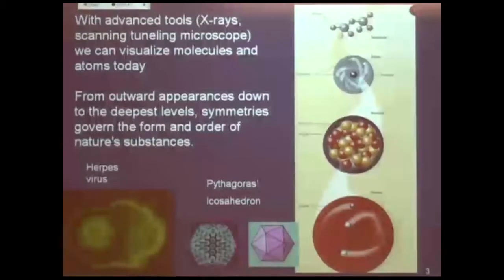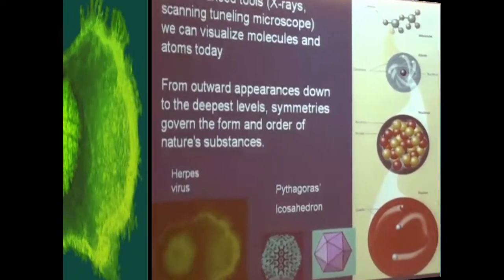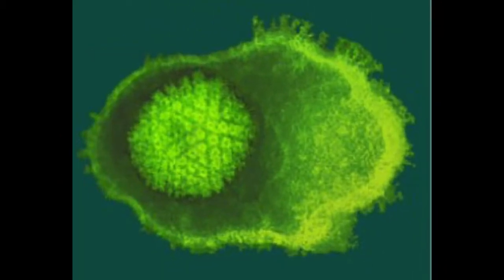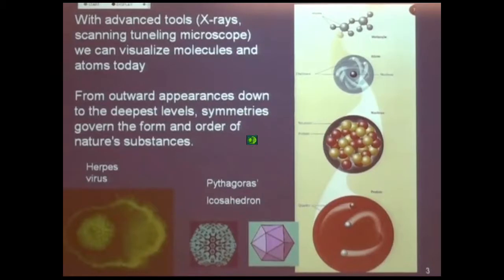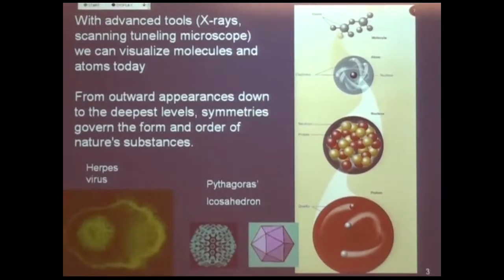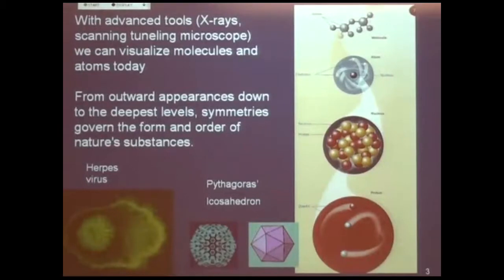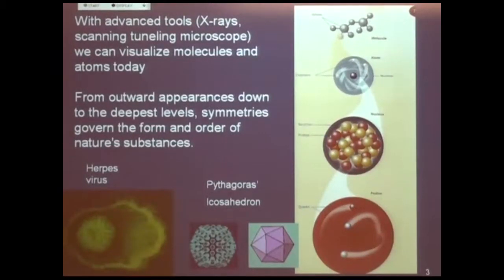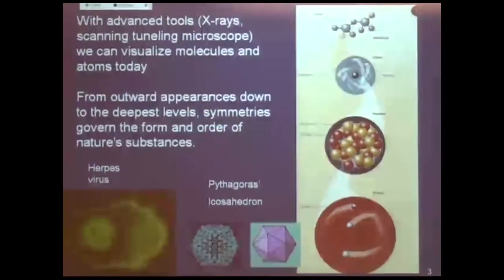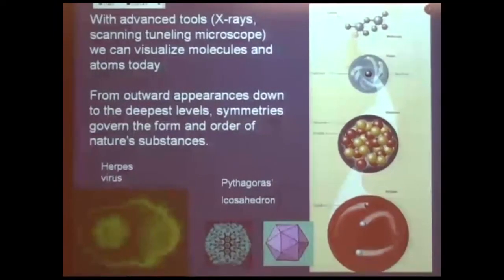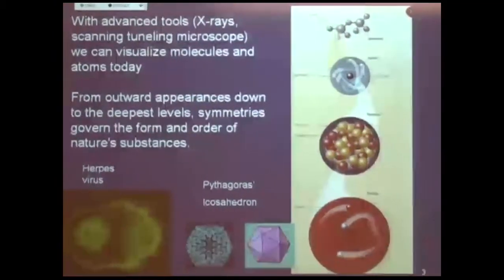And here I'm going to show you a few more pictures. For example, here is a picture of a virus, that we can take a picture of its molecular structure nowadays with the tools that we have. And in fact, on the Cornell campus, we have some very powerful X-ray machines. The Cornell High Energy Electron Source is a very powerful X-ray machine that allows you to look closely into the structure of